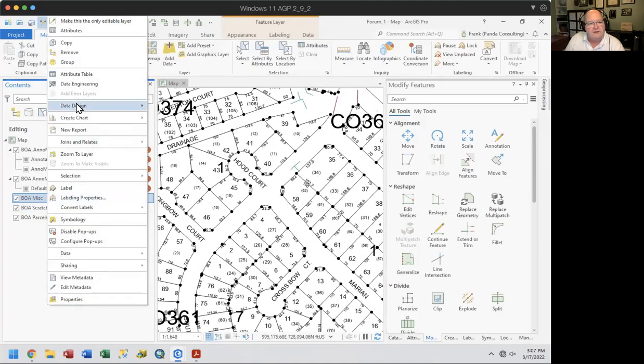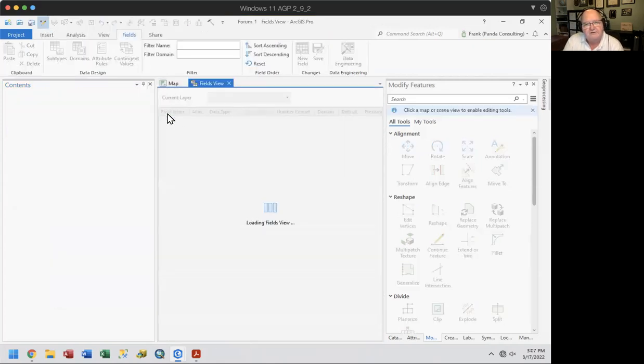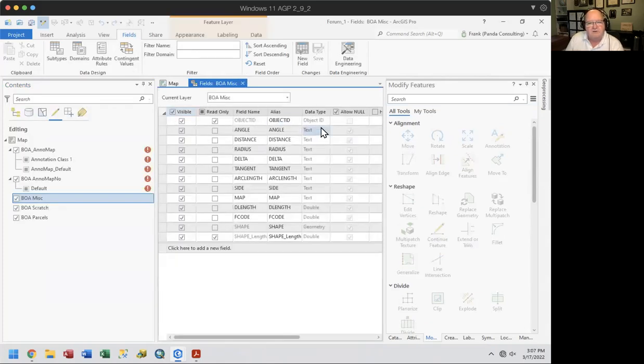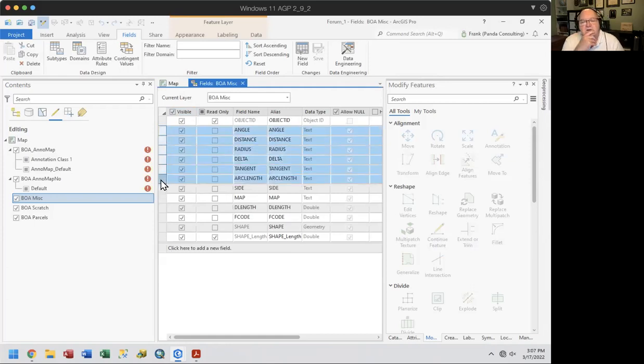If I look at my data design and look at fields, which is how I can configure these, I will note that all of these are the old ArcMap COGO structure,